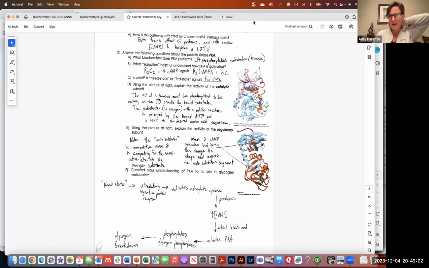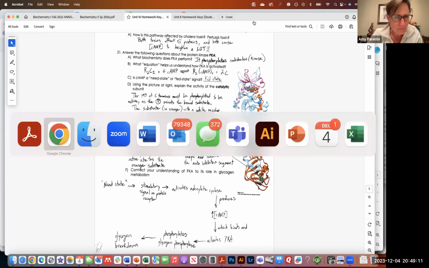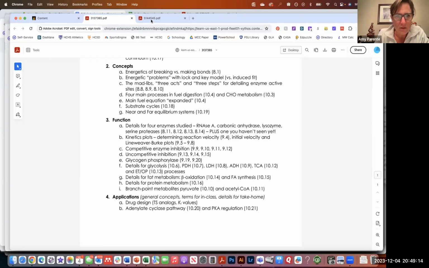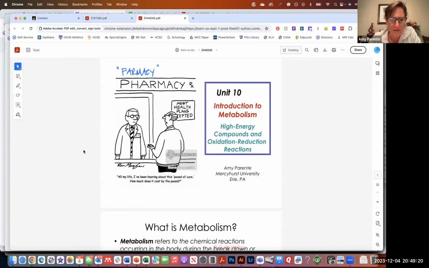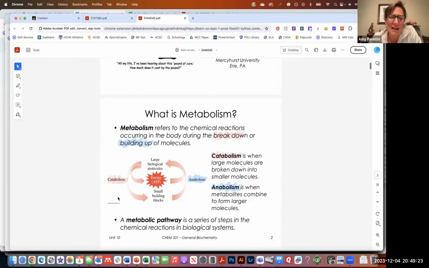Questions on anything from the homework there? I'm going to go over for a few minutes here to the notes, and we'll just see if there's anything you want me to address there. So here are the notes from our metabolism learning unit. And again, these were ones that either you already had digitally because you're a digital note taker, or I gave you sort of them. So hopefully it's something. Got it. Who's iPad 153? Is that you, Cassie? Okay. Go over branch points again. Yes.